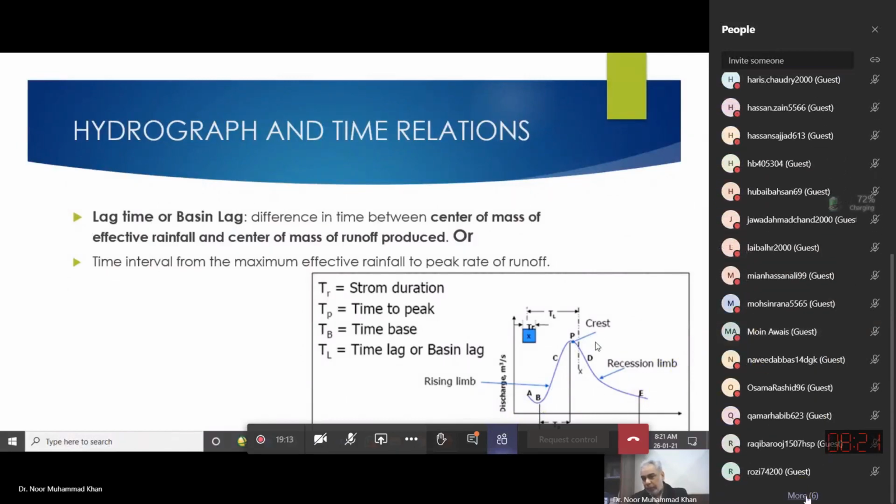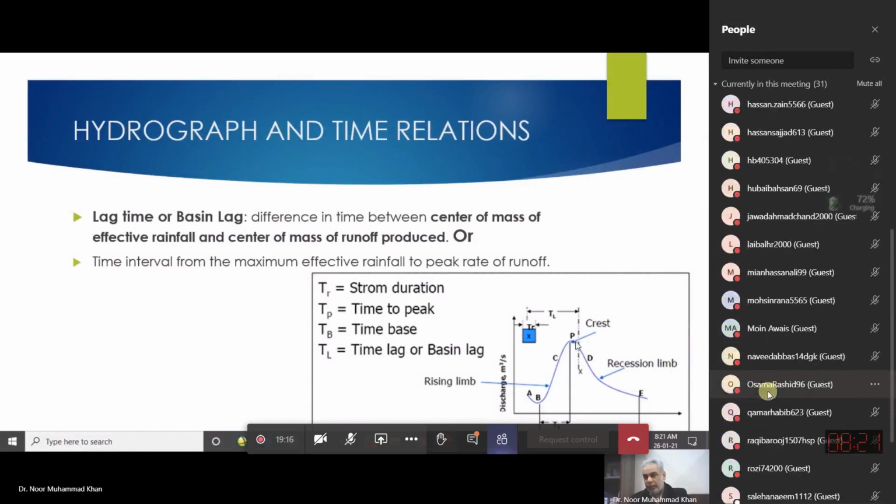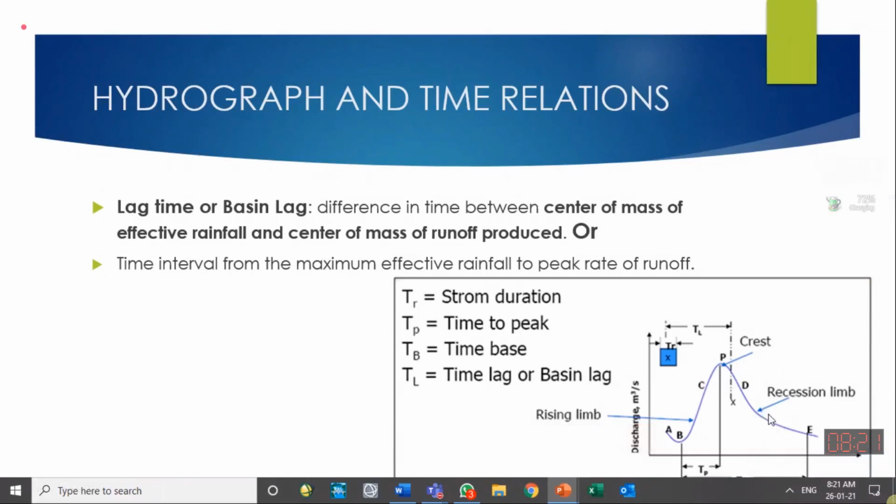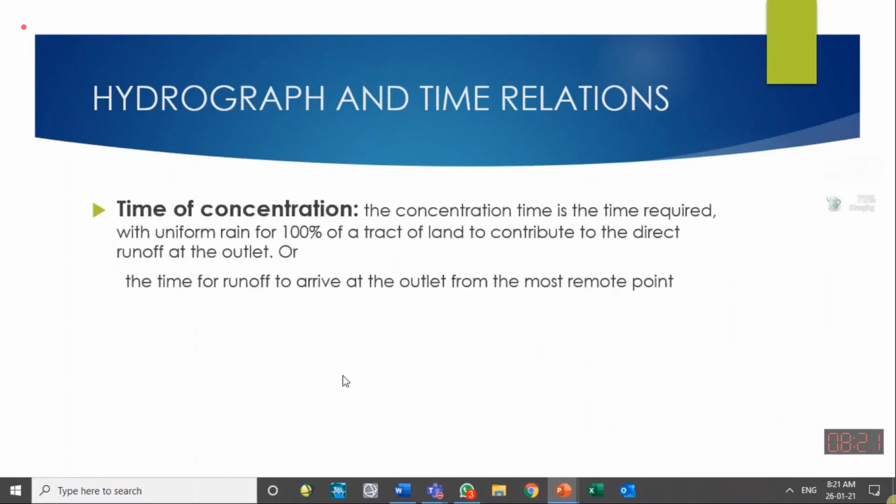From the peak point P, we calculate N, so that is the number of days we go ahead. Over here we select wherever that number of days falls, on the recession limb, the point after N days from the peak. So if this point is selected, we join a line from B to that point. Let us say that the point selected is somewhere here and we give it the name F. Then B to F will be the line showing the separation between base flow and direct runoff. Anything below the line will be base flow, anything above that line will be DRO, direct runoff. So, easy method.